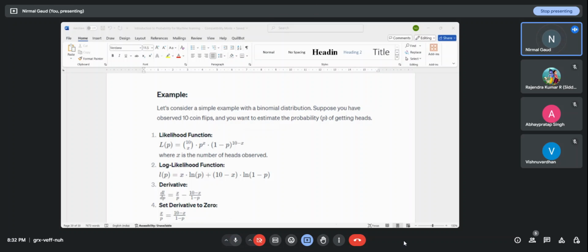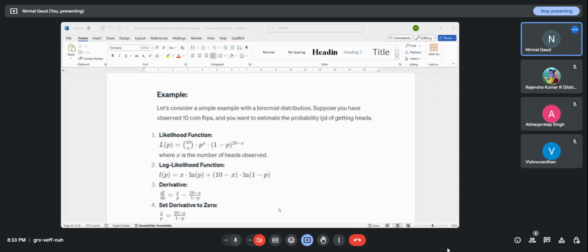Hello everyone. So in the previous class we were studying about maximum likelihood function, and the terms likelihood and probability both I have explained to you in detail. What is the similarity? What is the difference? I've explained. I've also given the examples, storytelling based upon the concepts, and the one which you are seeing right now